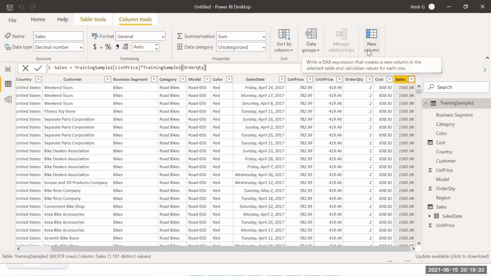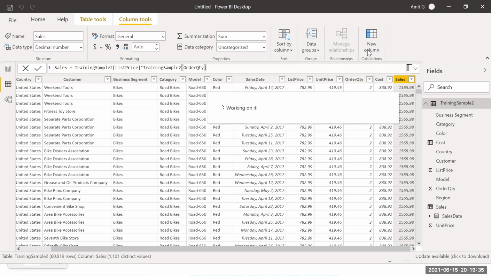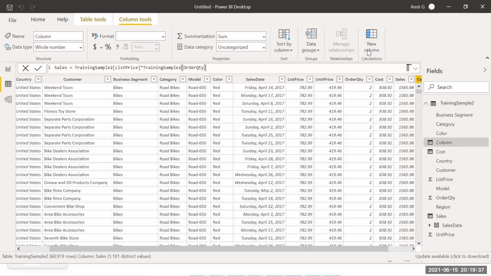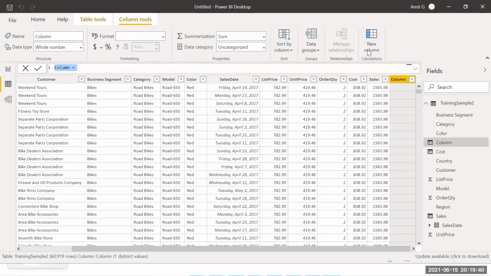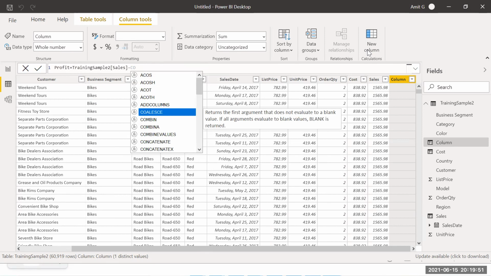Now if you want to add a new column of profit, I can say profit equal to, so you can add a calculated column based on calculations also. If I say profit equal to sales minus cost, I'll be able to add that as well.